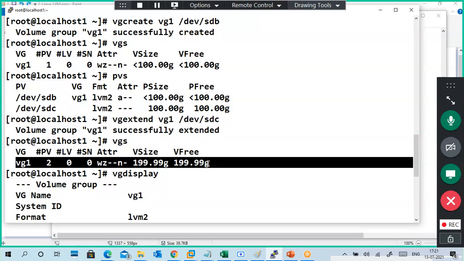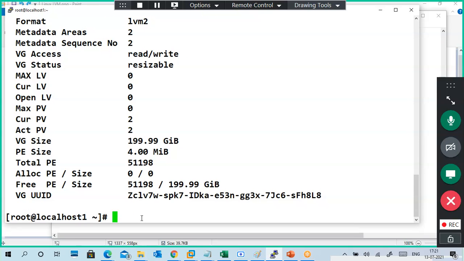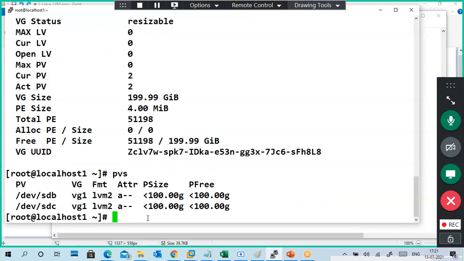Not full details here either. Next one is pvs. See, both disks are assigned to volume group 1 only. Volume group is created, 200 GB.